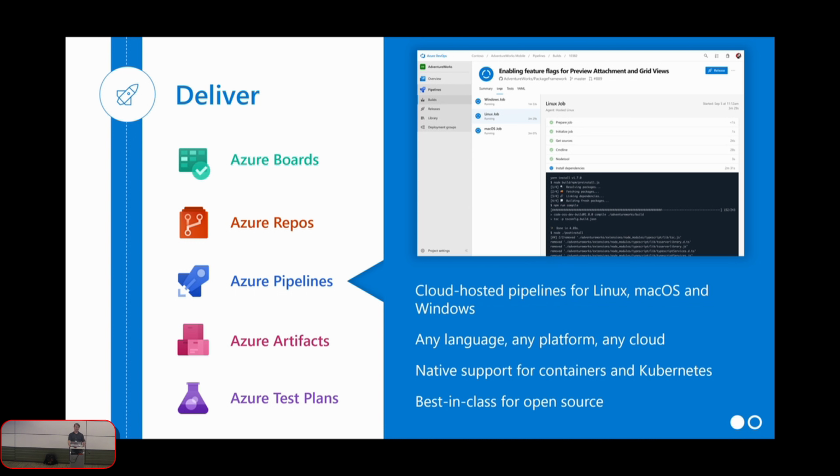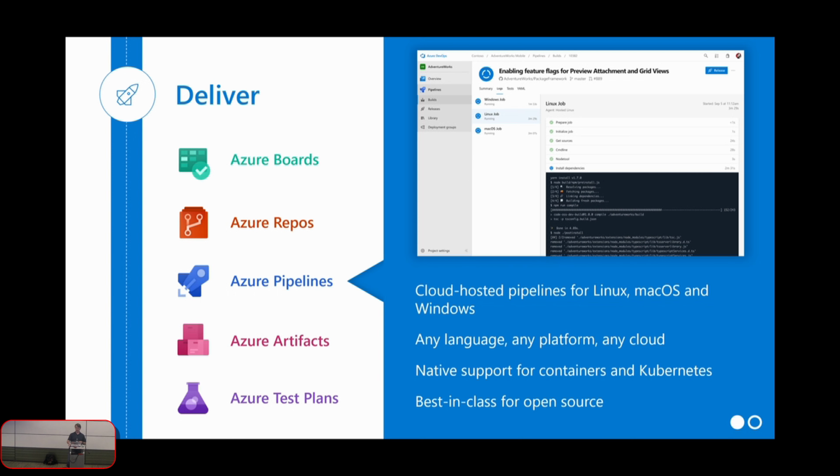If you're a Windows shop and want to build something for Linux but don't want to manage Linux servers, it's great for that. Or vice versa. Maybe you're a Linux shop and want to build something for Windows but don't want to have Windows servers. The pipelines, like mentioned earlier, deal with any platform, any language, any cloud, meaning it can push anywhere. It has native support for Kubernetes and containers.